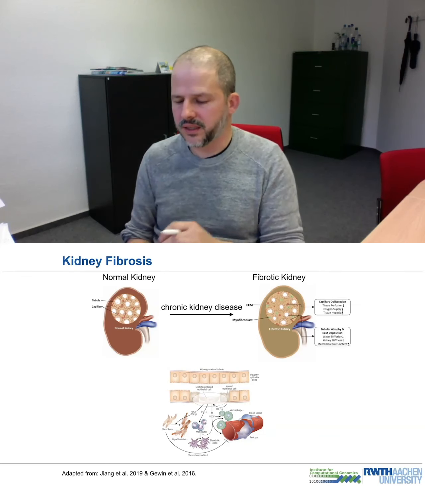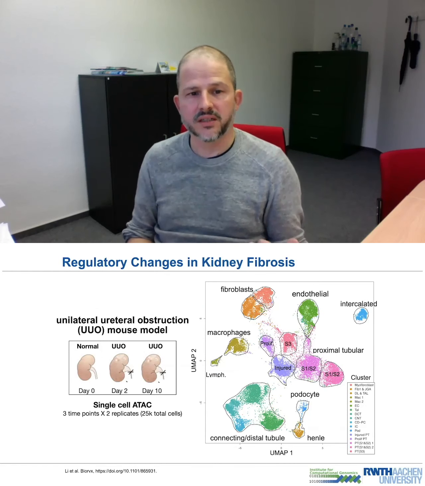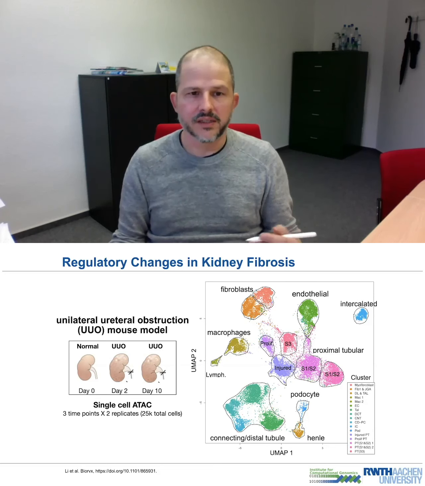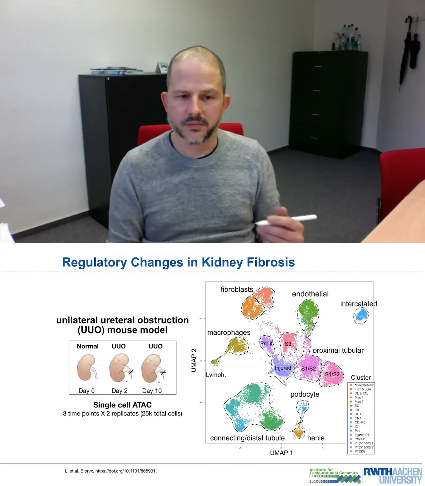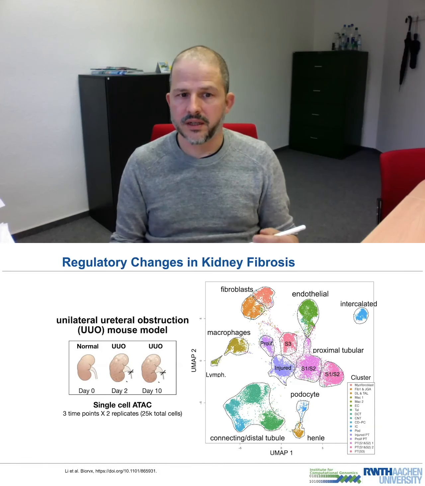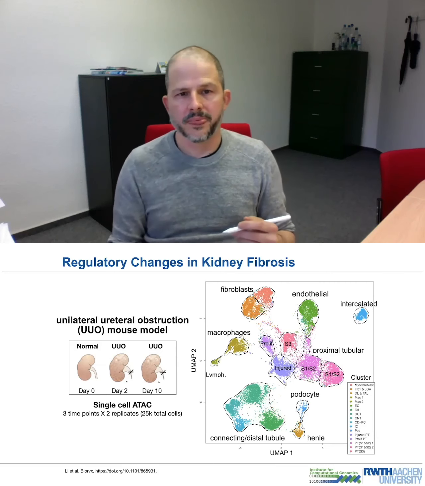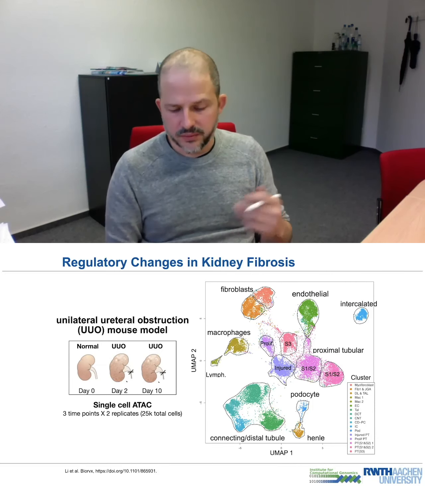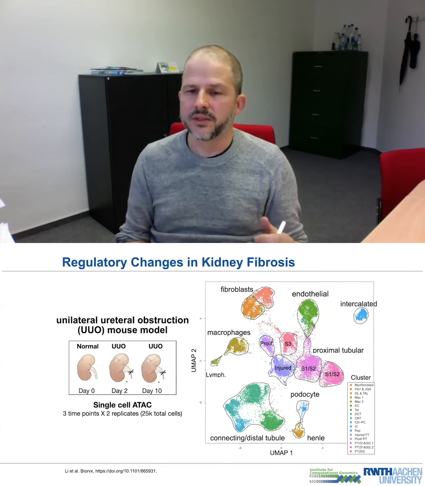how this is working. So we wanted to understand what the regulatory changes are here, and for this we use a mouse model where we have kidney injury, but this also produces fibrosis, and we measure this mouse 2 days and 10 days after this obstruction. And we could recover 25,000 cells, and we could also characterize more than 14